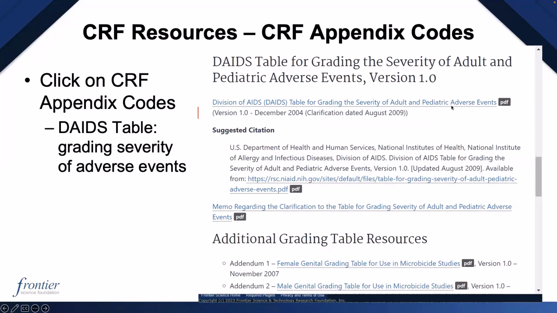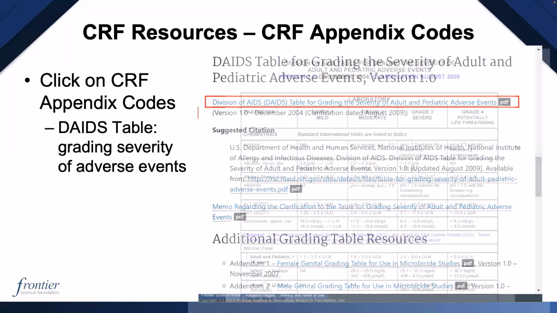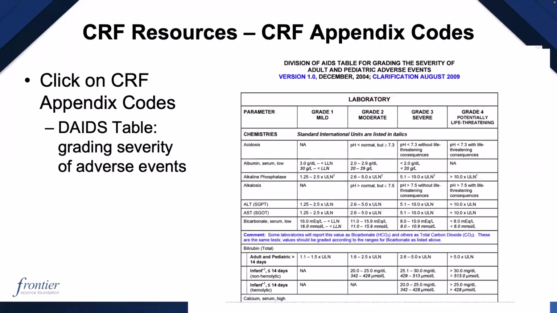And once you click on this link here, you're going to get the actual DAIDS grading table. Okay, beginning on page 16, we see the grading table for hematology tests. And then we actually want to skip ahead to chemistry tests to get ALT. Here we see that a lab value of 1.25 to 2.5 times the upper limit of normal would receive a